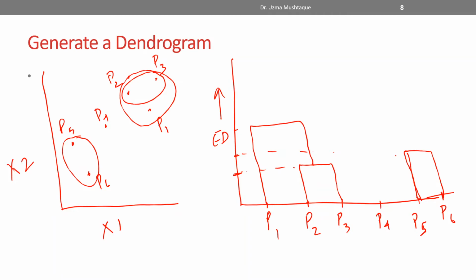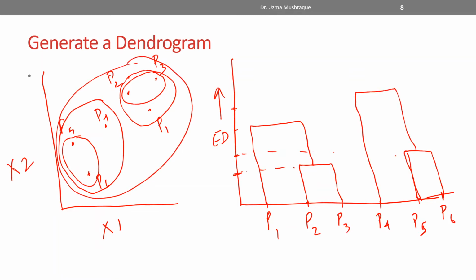And then next, let us assume it's this one. So we found out that the distance between 1 and 5 is nearest to 4. It's somewhere here, obviously, right? Because the Euclidean distance is rising, so the dissimilarity is more here, right? And then finally, we'll combine all of them, which will be somewhere here. And that's it. So this is how we generate this dendrogram.